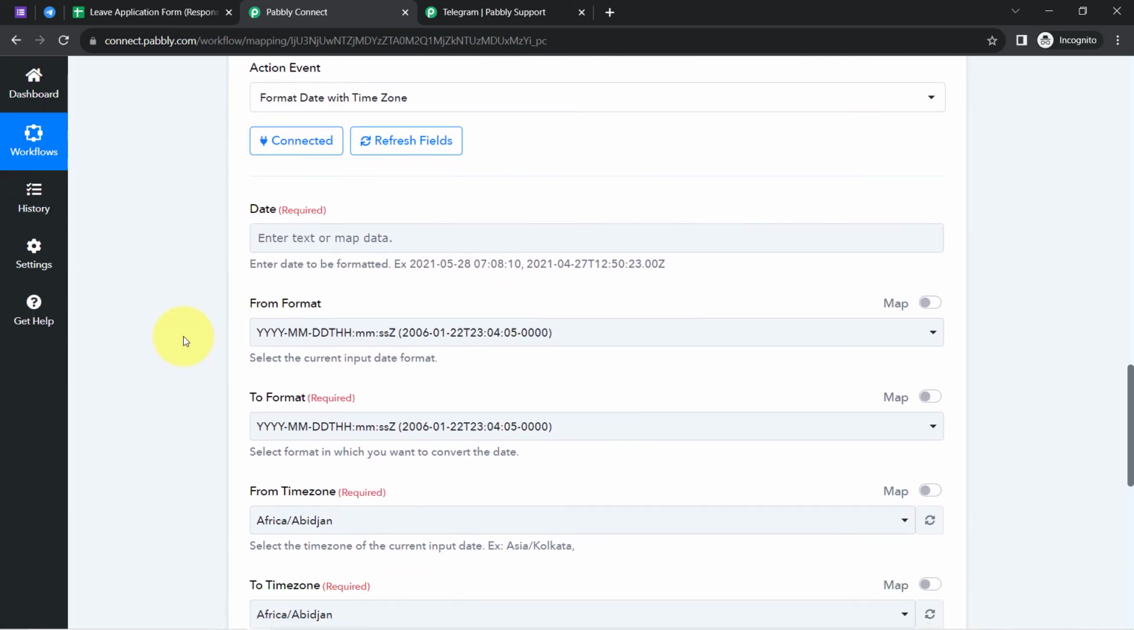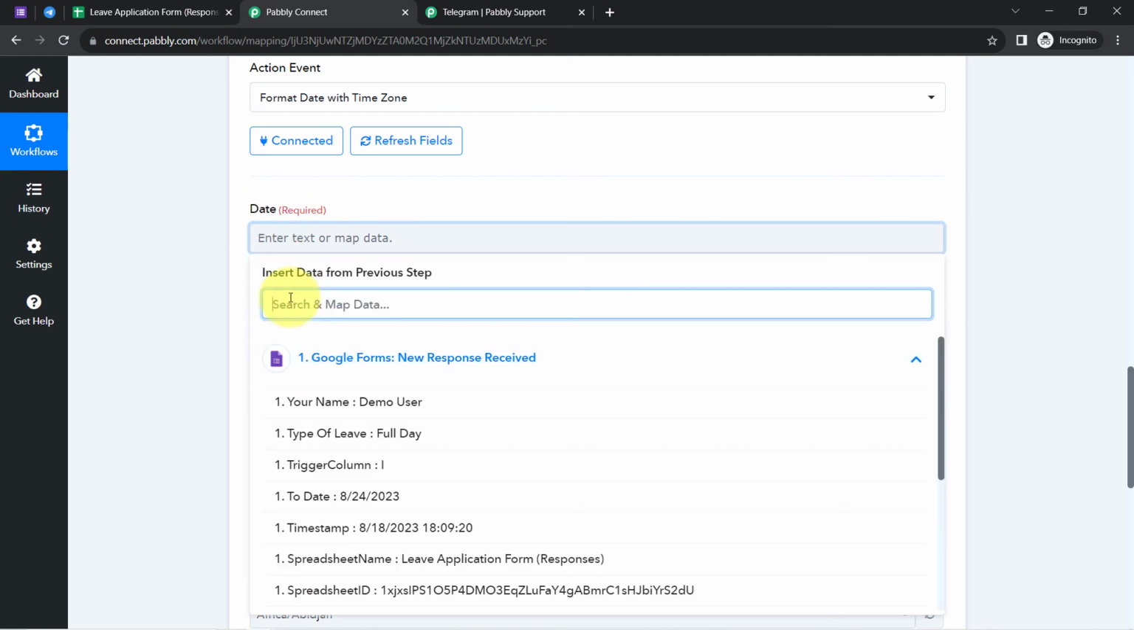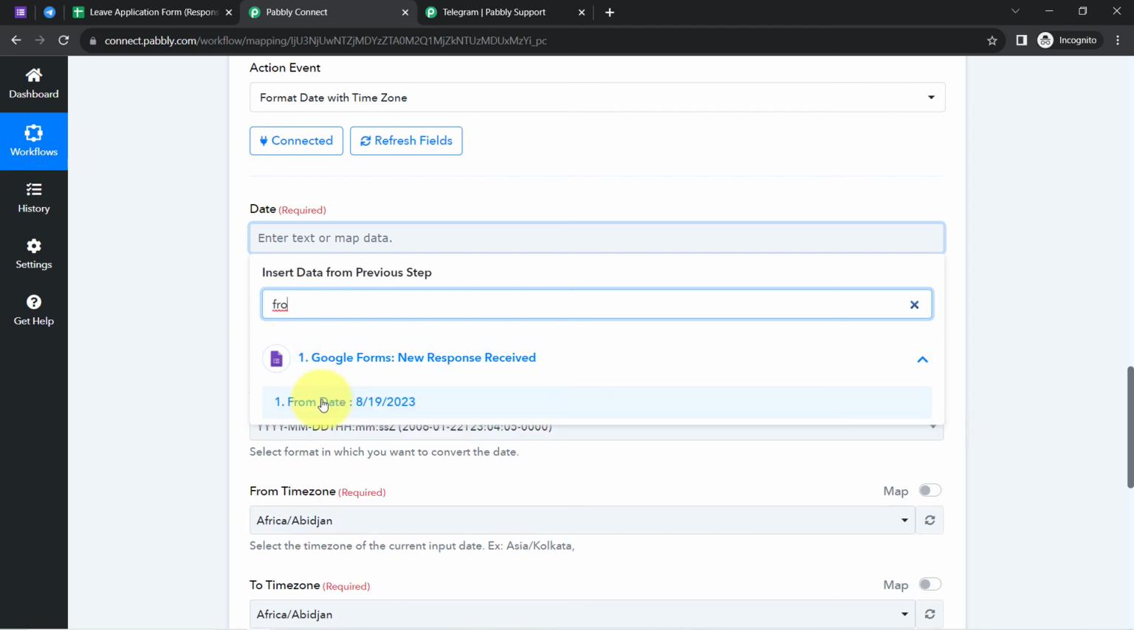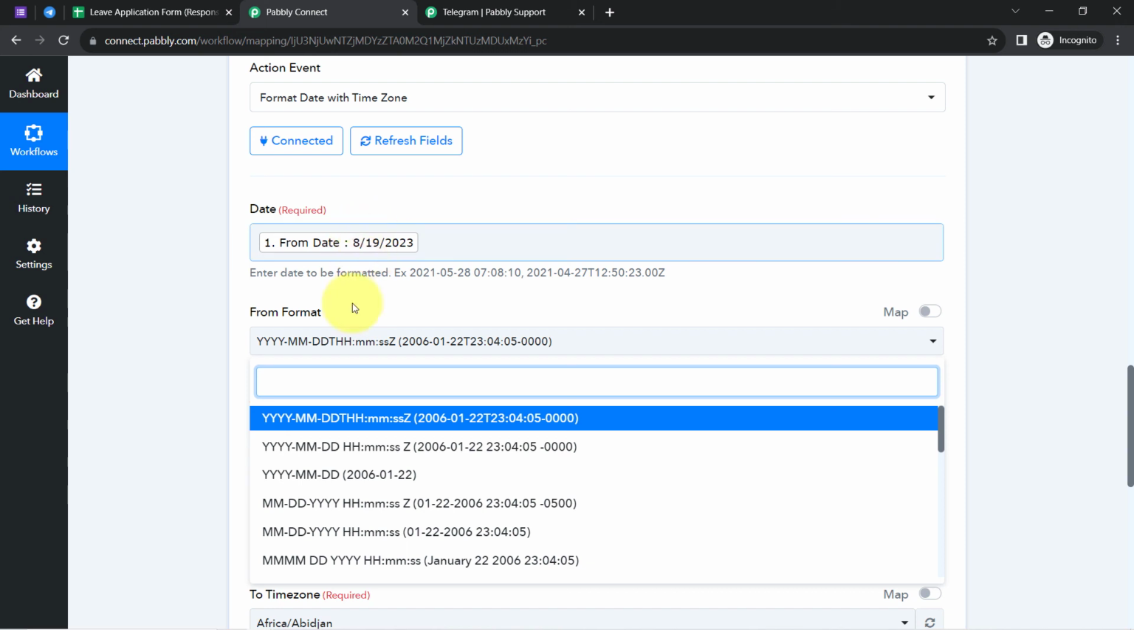Now it will ask you which date you would like to format. So with the help of mapping you can firstly provide the date. Okay, so let's say we have this from date, and after that you can select the from format. Okay, so here we have the from format in this MDY. Let me show you the same MDY. Okay, so here we have this MMDDYYYY, but the